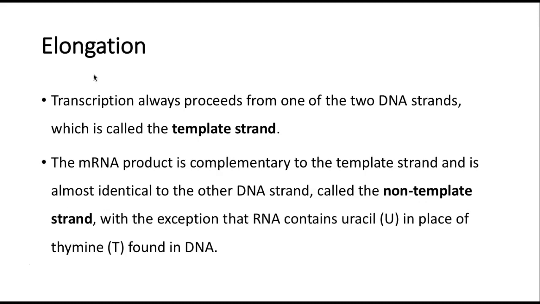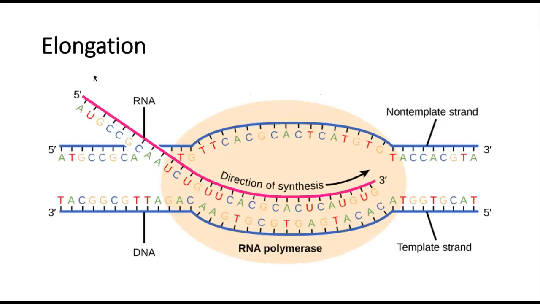So on the template strand, wherever there was an A, on the non-template strand, there would be a T. But since we're producing an RNA, a messenger RNA, wherever there's an A on the template strand, there will be a U in the messenger RNA. Okay, so that's important to keep in mind when I ask you to transcribe mRNAs from a template strand of DNA, which I will do on the exam. So here's what this process would look like, a little more in depth.